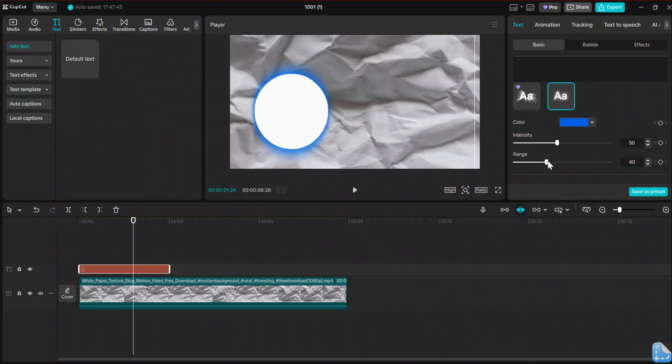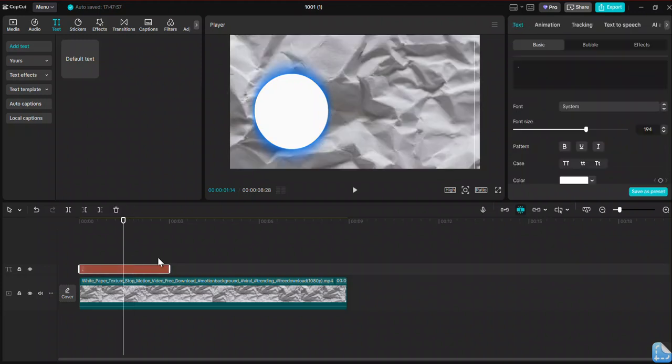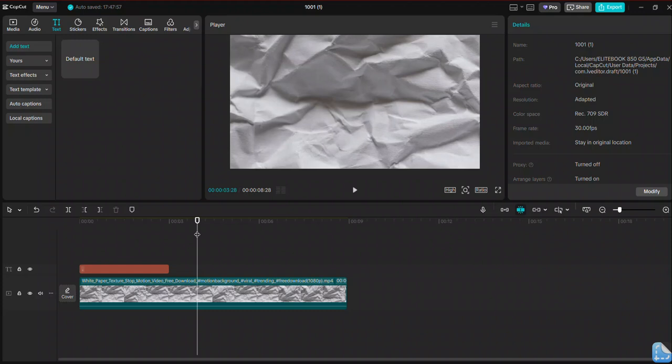So scroll down and increase the range. So you can increase the range and then you can increase the intensity. Now thickness. Thickness is the intensity. Range is the effect to this object. And if you want to add the glow effect to the image as well, you can